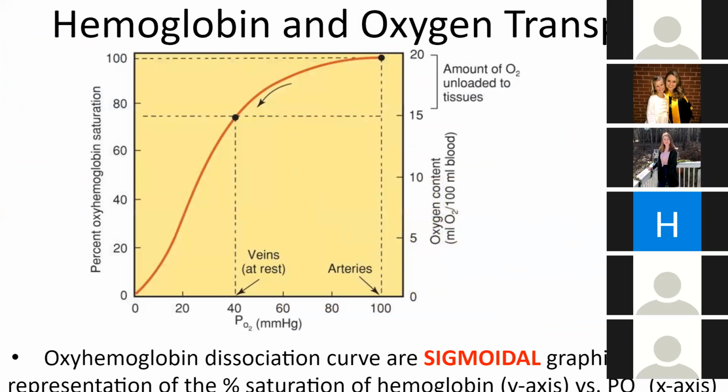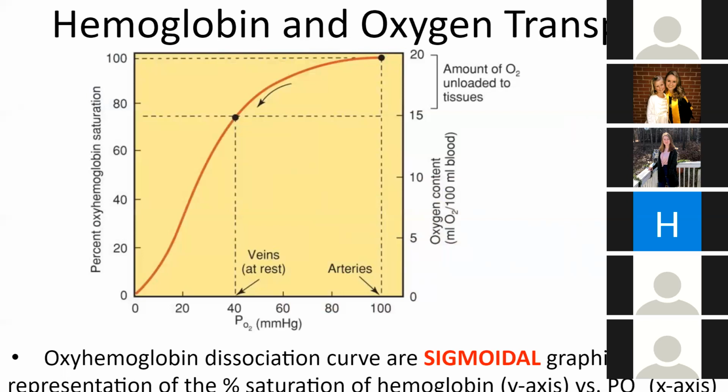Would it be that the increased temperature just shifts the curve to the right, and then the increased temperature also increases the pH, which increases the CO2, which decreases the O2? Okay, yeah, so everything shifts to the right. So increased temperature, increased CO2, and decreased pH or increased H+, those all shift to the right. The temperature doesn't necessarily change the CO2 though, so you don't have to draw those two things together. That's separate.